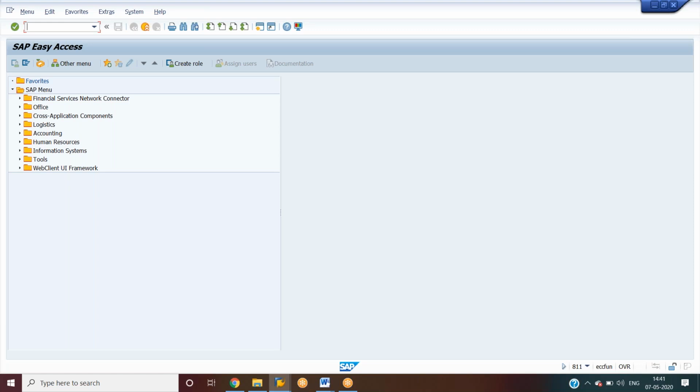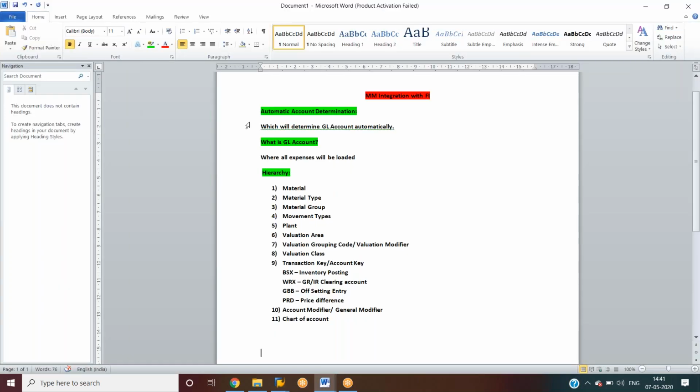That's the reason. So we saw what automatic account determination is: it determines the GL accounts automatically. A GL account is where all expenses will be loaded. This is the hierarchy by which the GL account will be picked.